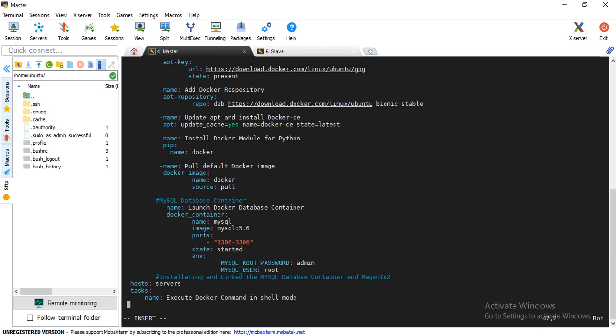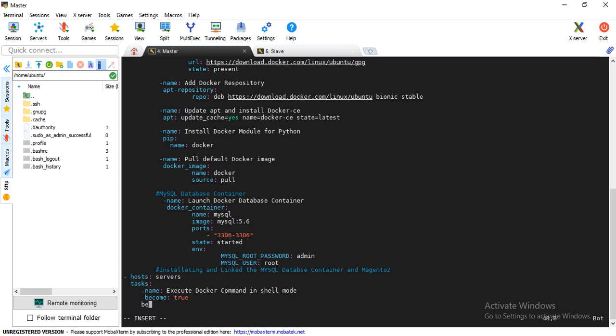So, as I told you earlier, the tag of become is for defining the other user on the remote server. So it's going to be true. Specifying the user is